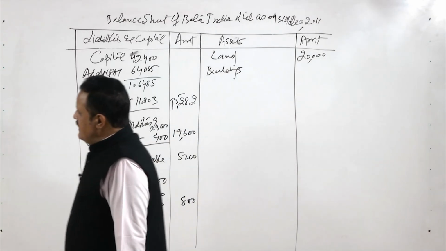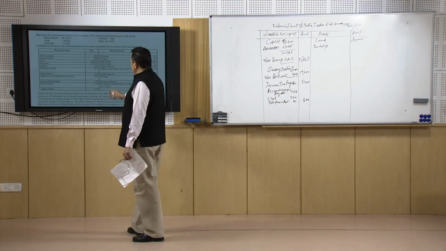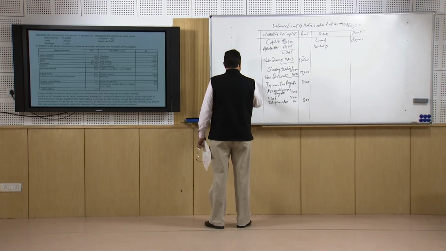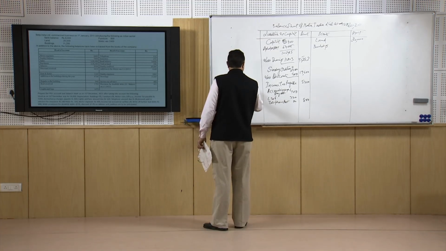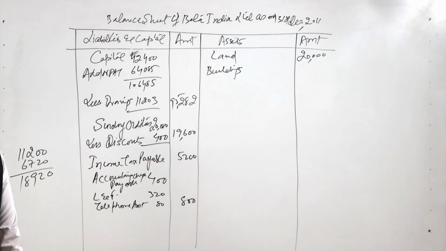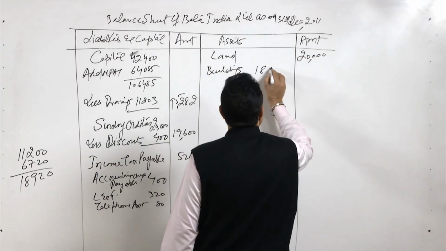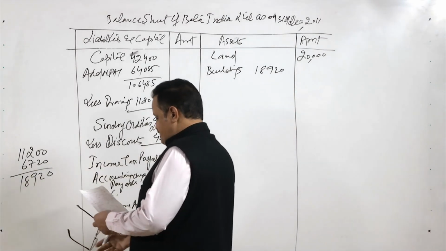The amount is total 11,200, and then addition to the building is 6,720. So, we have to take only one figure outside, 11,200, and then 6,720. So this is 18,920. 18,920 is the buildings amount. We have to put here 18,920 in the inner column, and from this we have to